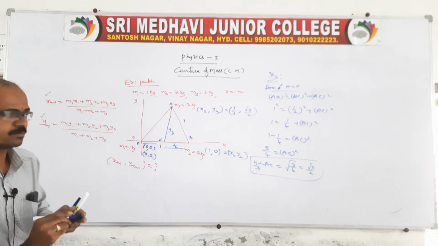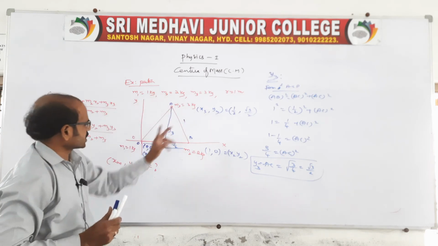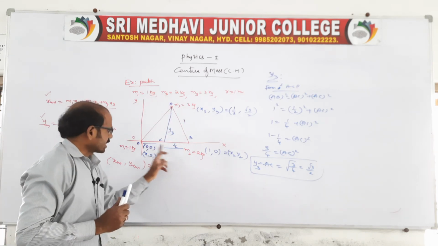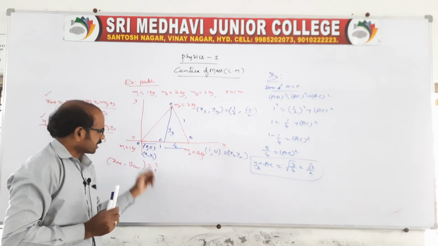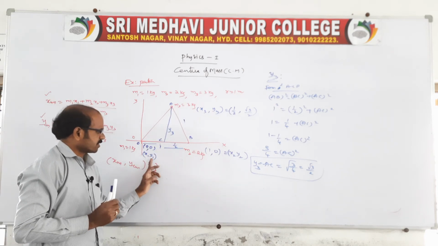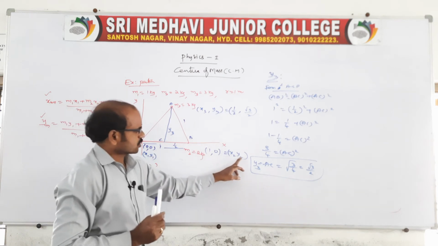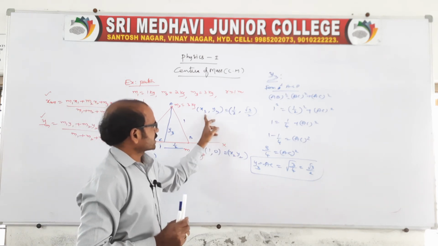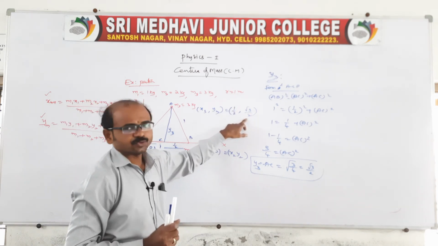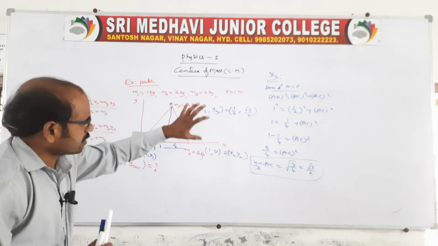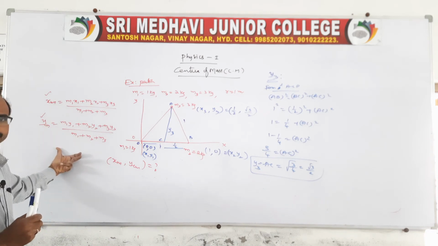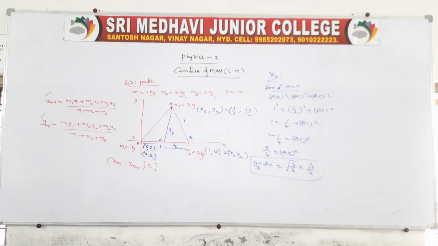Once look at the question. The 3 particles m1, m2, m3 are located at the 3 corners of an equilateral triangle, and now we know the coordinates: x1, y1 is 0, 0; x2, y2 is 1, 0; x3, y3 is 1/2, √3/2. Now we know the 3 coordinates. Now substitute all these values in xcm and ycm. Then what will happen? Let us check.